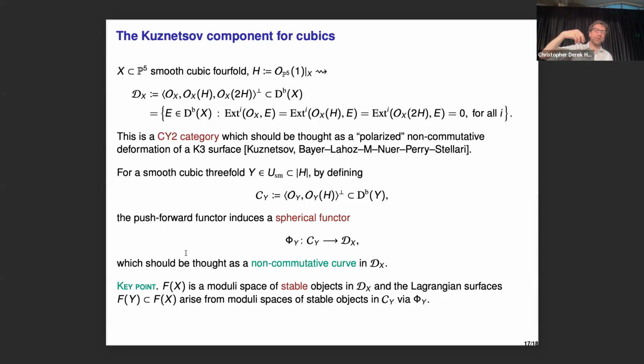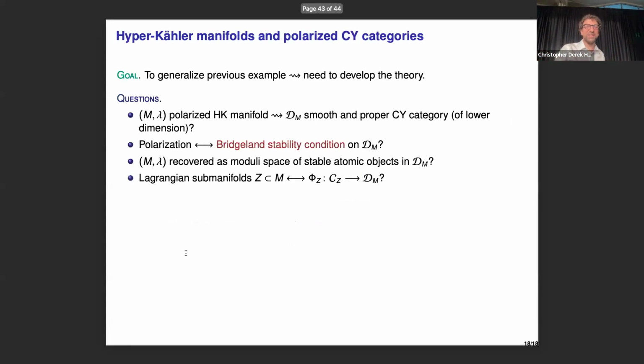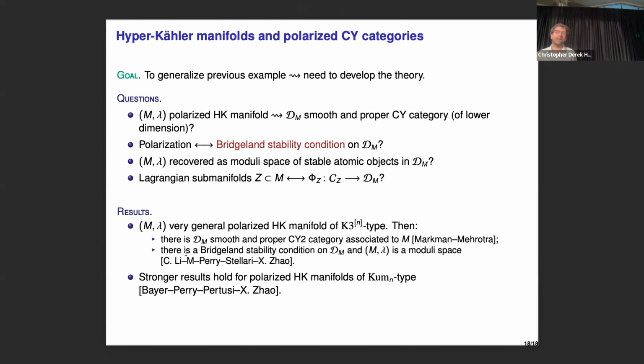So I start now with a K3 category, and I try to find the non-commutative curves. Maybe it's easier, maybe not, depends. But the issue is that you will need to develop the theory for this. And so we are not so far away, but still a bit. So let me maybe quickly mention the results and I leave the question open.